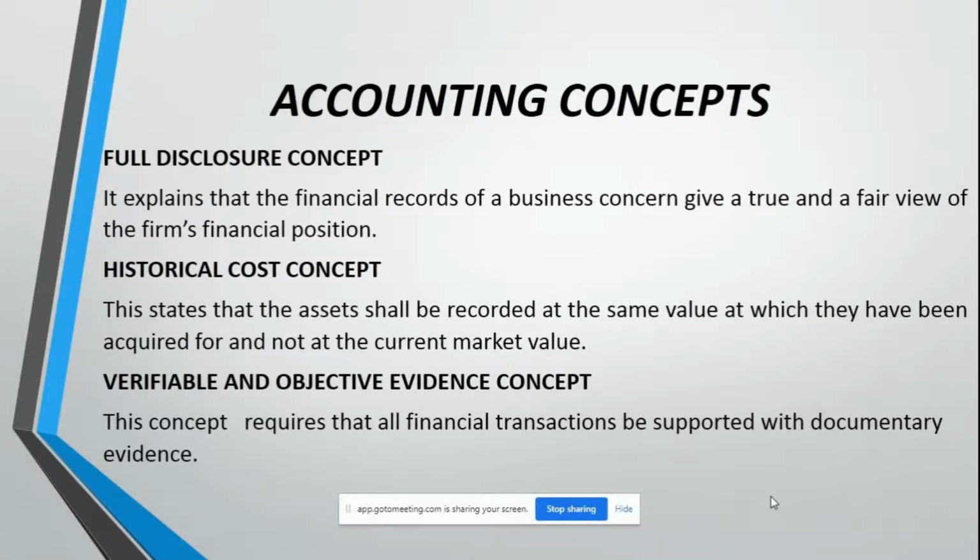Of course, in the short run, the business would earn profits, but in the long run, what would happen? What can happen in the long run? Obviously, the business would go for a loss, or probably the business would shut down. So, all these things can happen. So, we have to give a true and fair view of the firm's financial position to avoid such kinds of problems for the business. Historical cost says